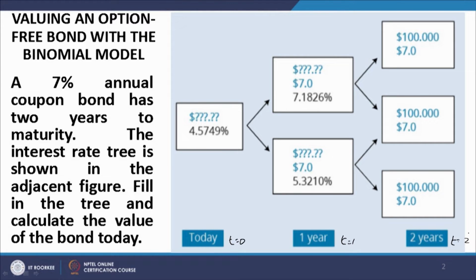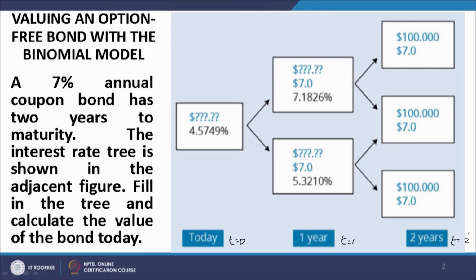Then for the deposit from t equal to 1 to t equal to 2, the forward rate as estimated at t equal to 0 can take either of two values. What are those two values? 7.1829% or